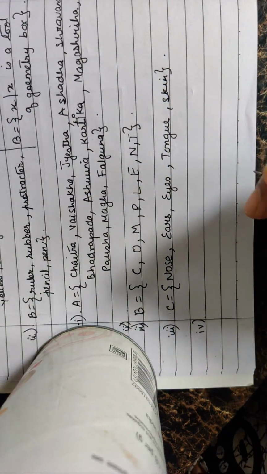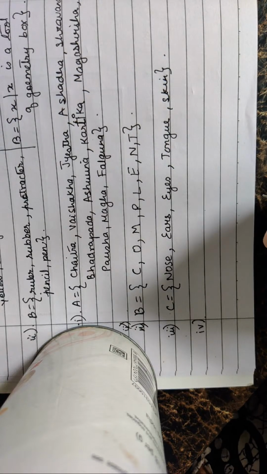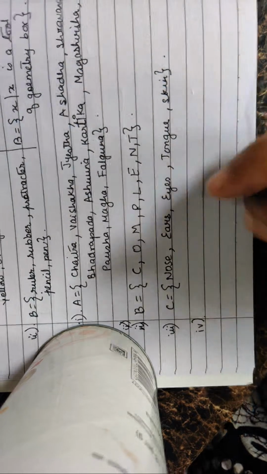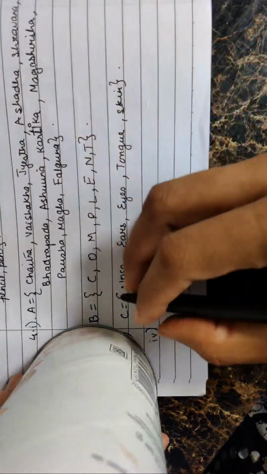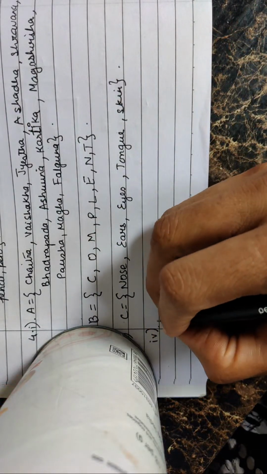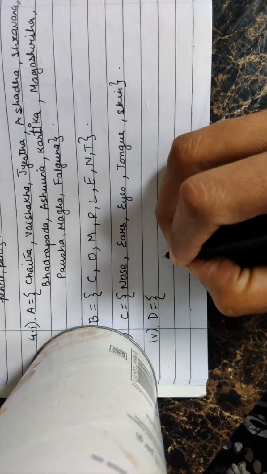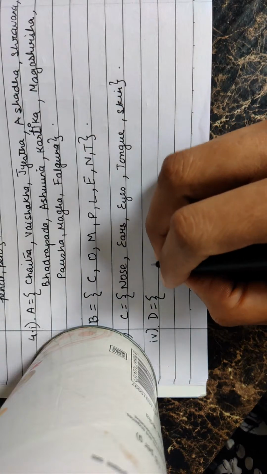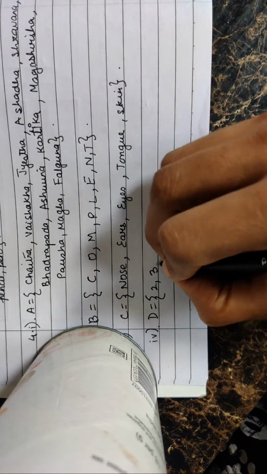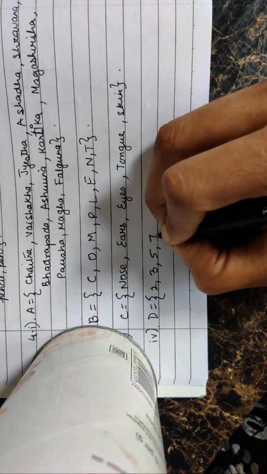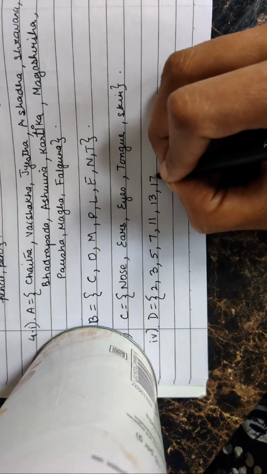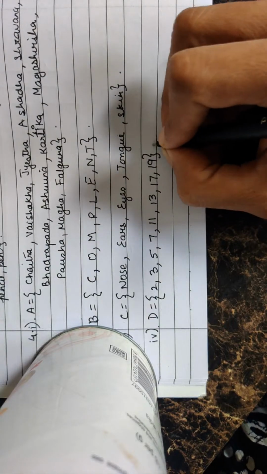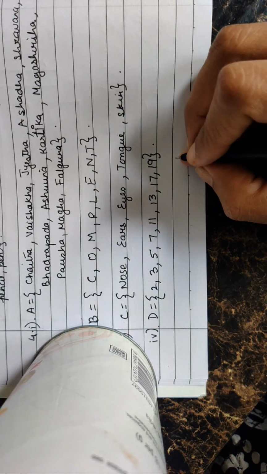Okay, going on to the next set: prime numbers from 1 to 20. So what are the prime numbers from 1 to 20? The numbers which are not divisible by any other table. So they are 2, 3, 5, 7, 11, 13, 17 and 19. We are not going to go beyond this because it says up to